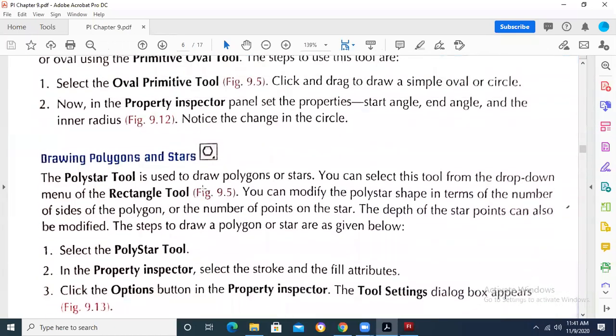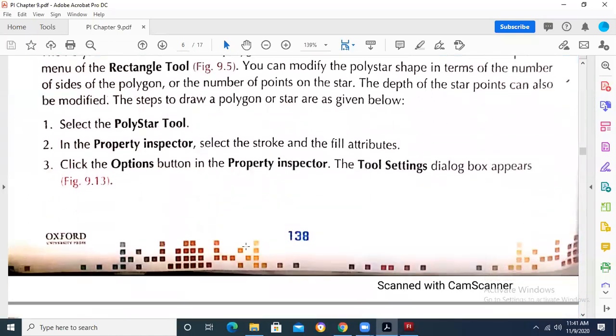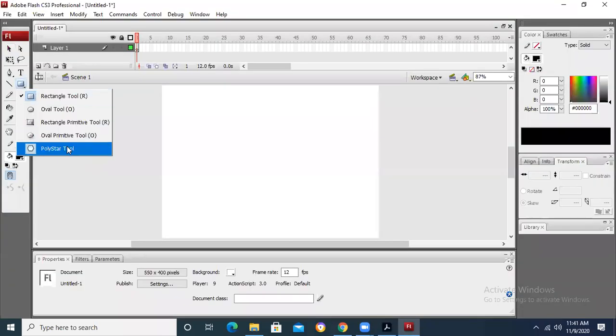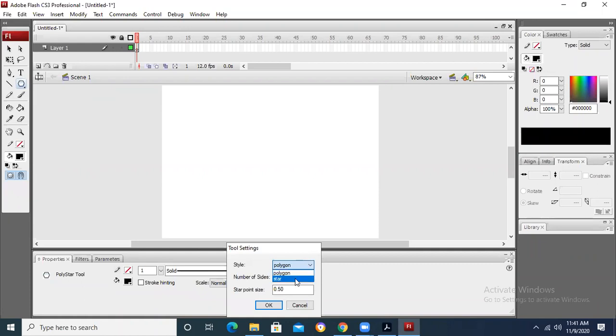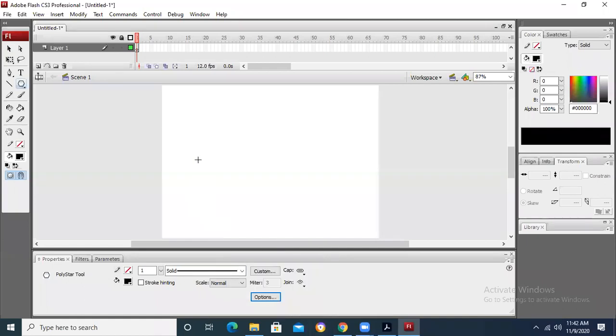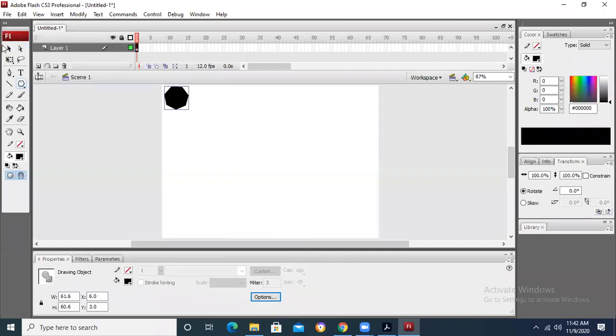The polygon tool and the star tool, we have already gone through, and we said that whenever you select the polygon tool or polystar tool, you need to select the option whether you want to draw the star or polygon. If you take polygon, how many sides should be there? Let's suppose I say 7, then the drawing that I am drawing will have 7 sides.